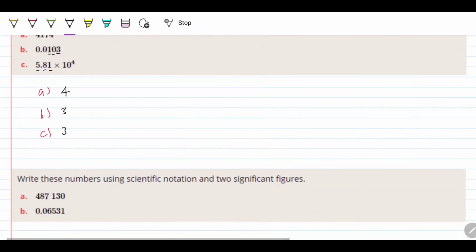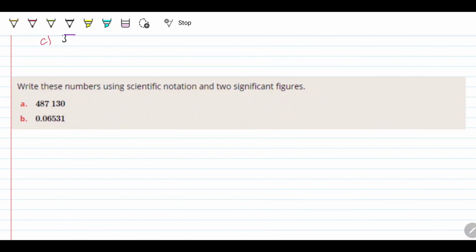Okay, so let's put these ideas together. In this example, write these numbers using scientific notation and 2 significant figures. So for A, we need to make sure that 487,130 is first converted into scientific notation. From the video prior, you would remember that scientific notation is normally written with a decimal followed by 10 to the power of something. So we need 2 significant figures. So ask yourself: